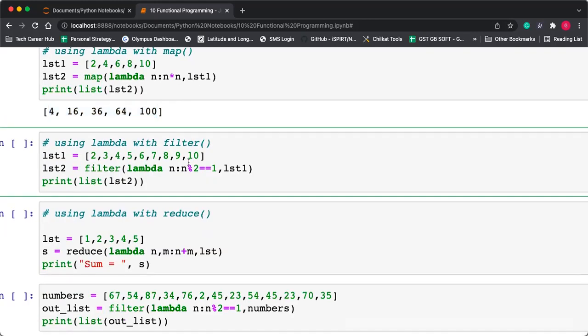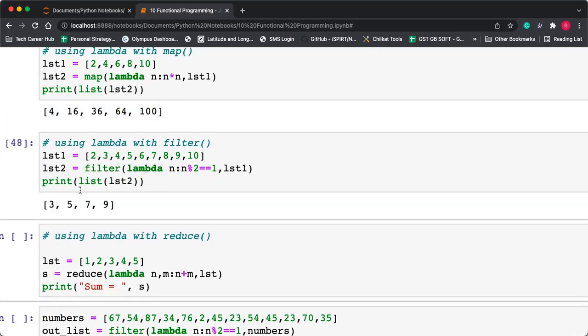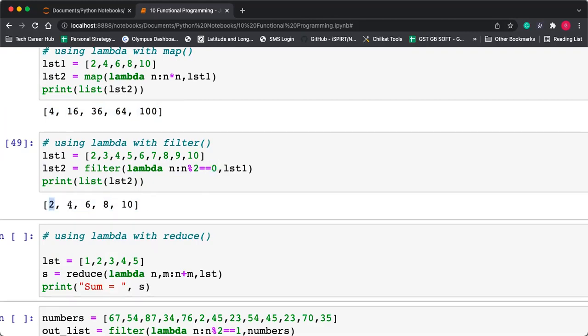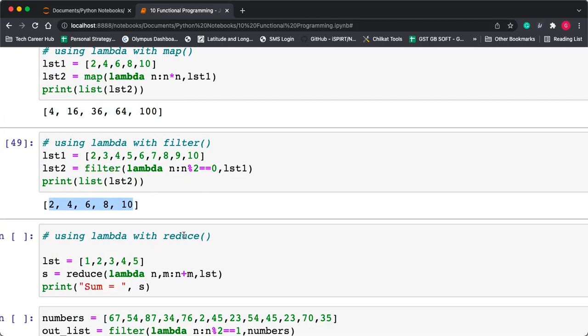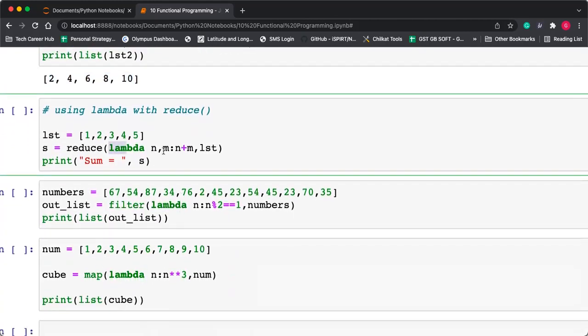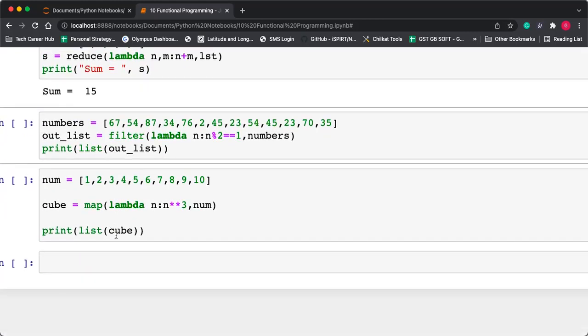ये हो गया आपका filter function. तो filter function में क्या दिया है, lambda n: n modulo 2. So even numbers. Yes, it will calculate the even numbers. So yes, यहाँ one दिया है मतलब odd number आएगा, तो ये odd number है. Even number चाहिए तो यहाँ पे 0 दे दो. Yes, it will be filtering the even numbers. Okay. Reduce function देना है तो इस तरीके से lambda भी function कॉल कर सकते हो. Lambda n comma n plus n. Okay. So yes, 15 will be the result. Okay.